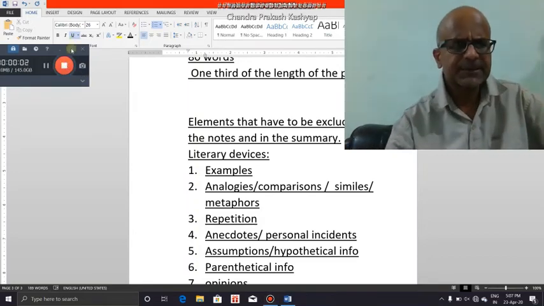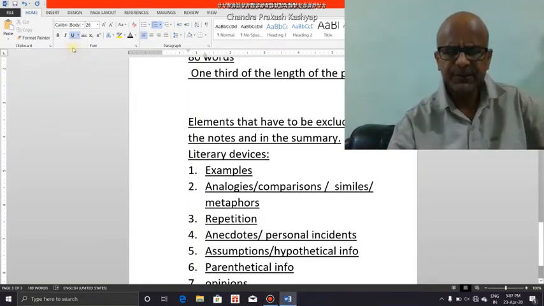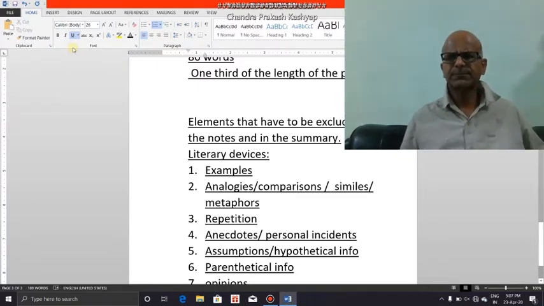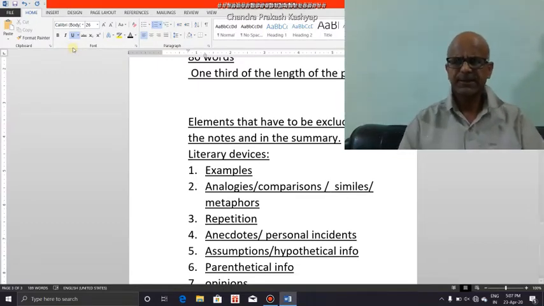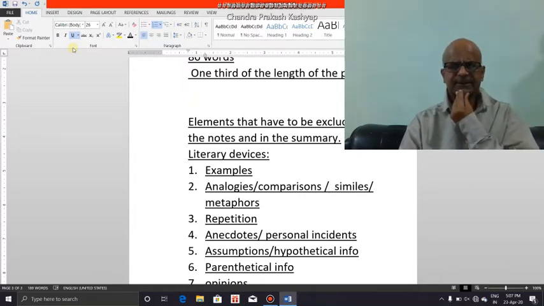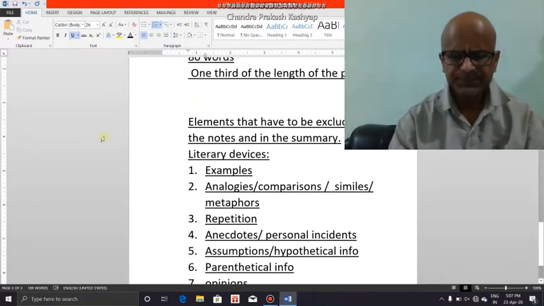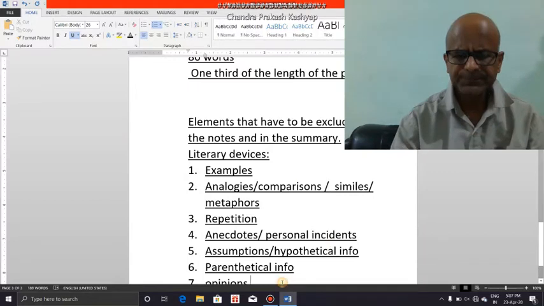We are discussing the elements that have to be excluded from notes and in summary. Notes and summary. Supposing the author says or writes,